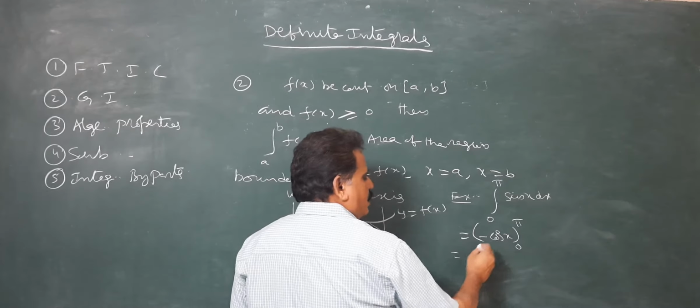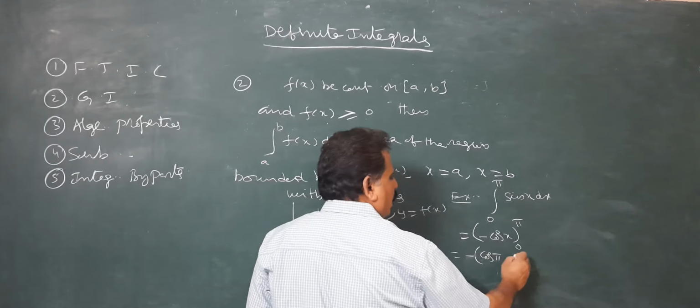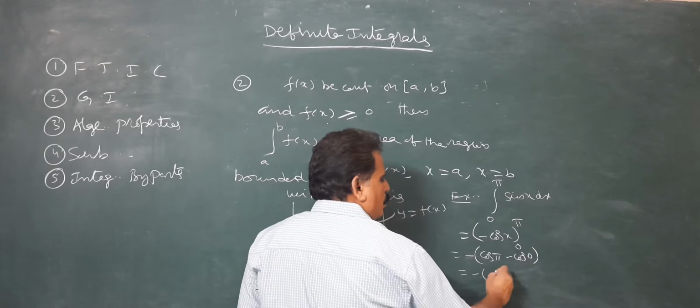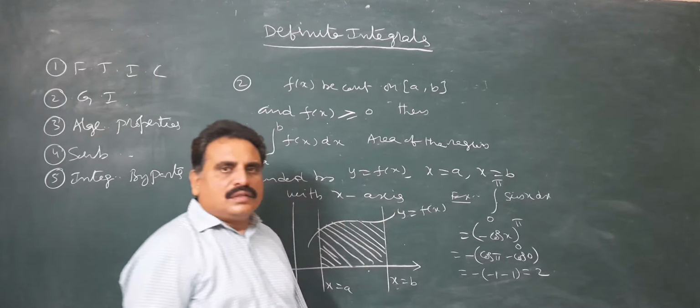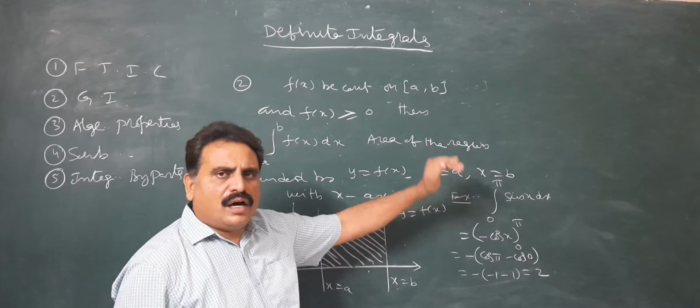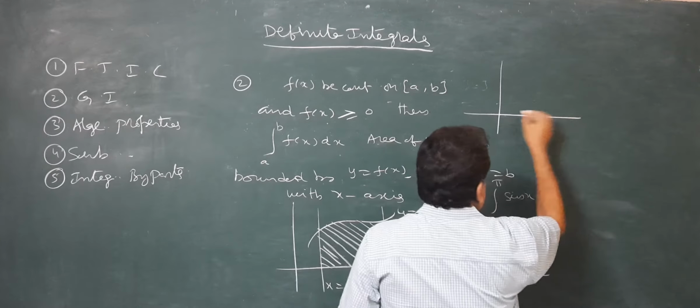You substitute the limits: minus cos pi minus cos 0. Cos pi is minus 1, minus cos 0 is 1, so that is 2. So 2 square units is the area of the region bounded by the curve y equal to sin x